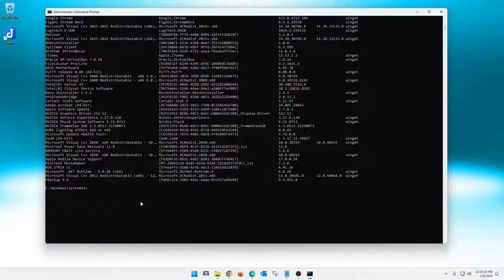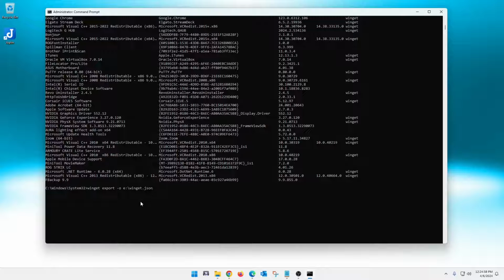So here's how we do this. We do a winget, and then we're going to do an export space -O, like O for ocean, not a 0, and that stands for output. So it's winget export -O for output. And then we need to give it a path on where to put the file, and we need to make or name that file. So in my case, I'm just going to use my E drive. So we'll just do E:// and then I'm just going to name the file